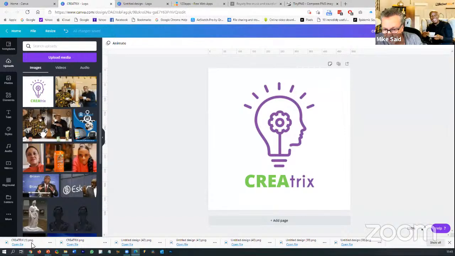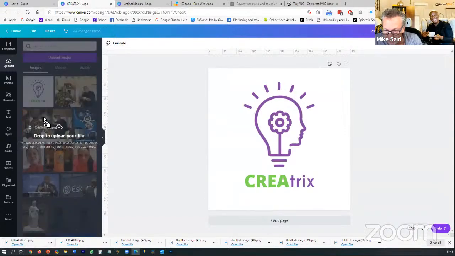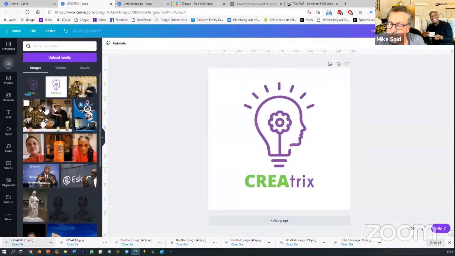But here's the beauty. If I upload Creatrix 1, same way I did it, now you'll see it appears there with no background whatsoever. And for me, that's the powerful one that I want later on to use, particularly if I want to use it as an overlay. So just to show you quickly how to use it as an overlay, I'm going to go back to